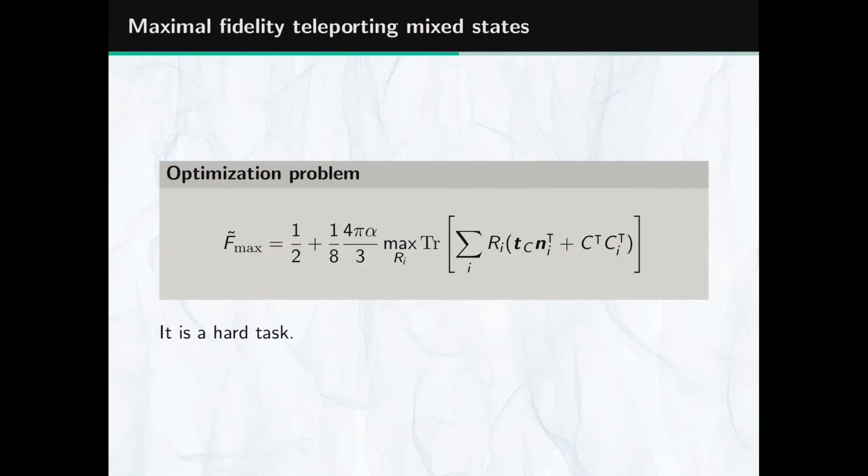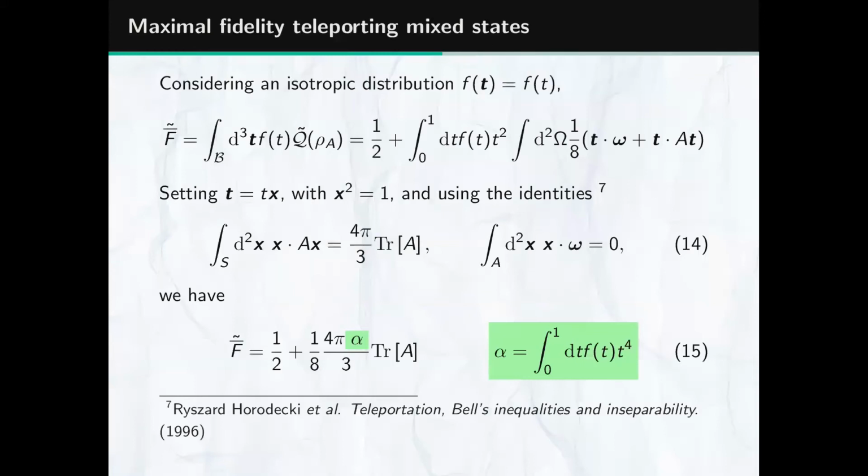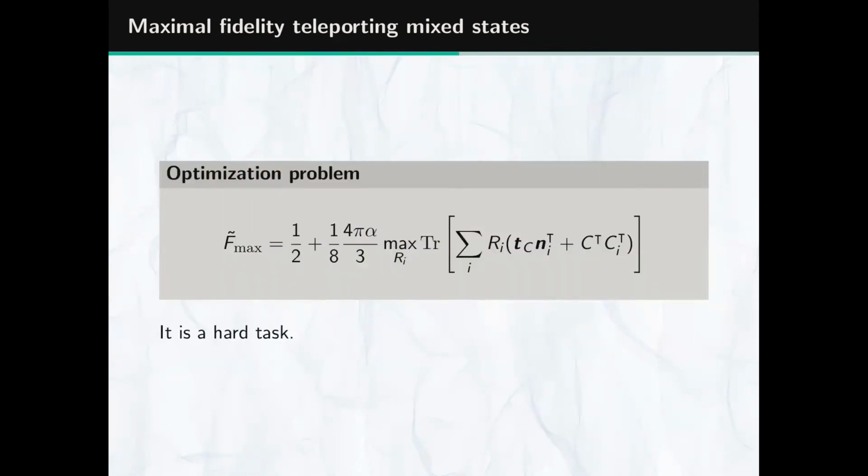And this result is independent of the isentropic distribution, right? You didn't choose, because in the beginning you showed a family of isentropic distributions, but you didn't have to choose any. Yes, exactly. This distribution is concentrated in this number that is defined there. The distribution is in alpha. And if you want to take the maximum, you have to optimize over this rotation.